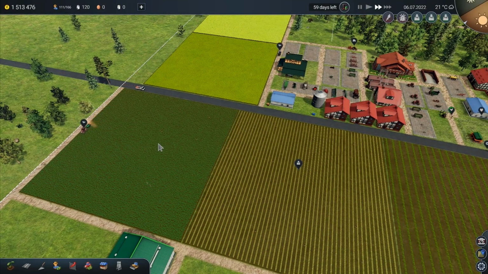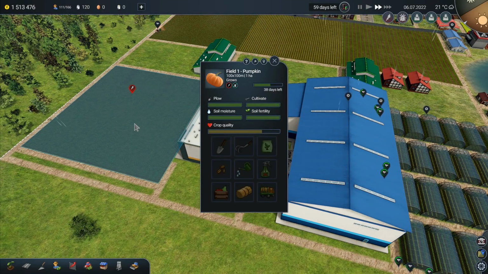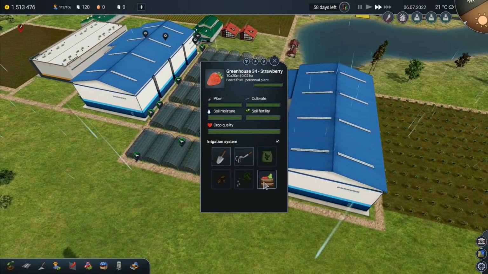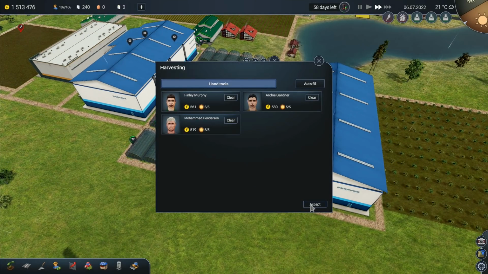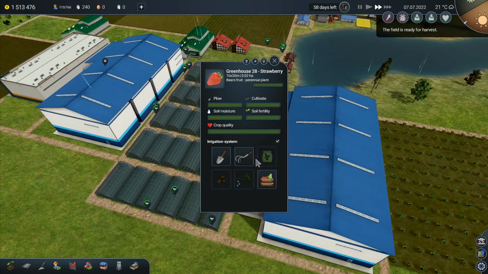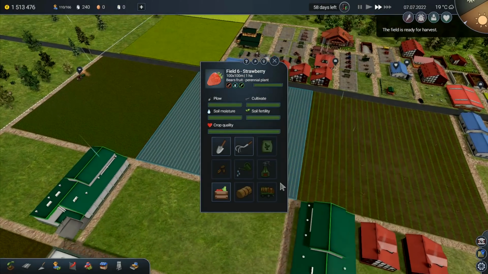I am hoping that is all going to be okay. So the spraying there is being done. This one here is almost finished, and then we can get that one going. I'm just going to start some more harvesting of these. We need to check our fruit levels as well. Look, so we got 1,900 of those. I just picked 1,900 of those. So we're going to need...